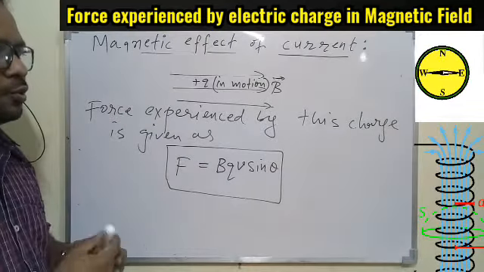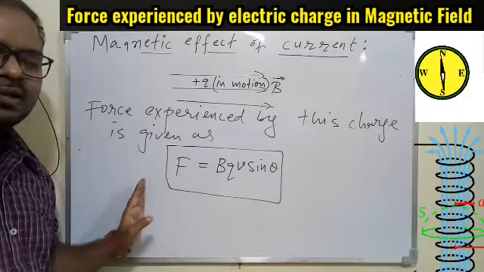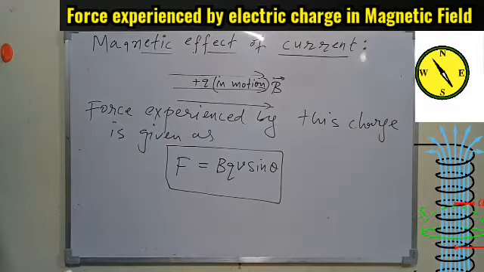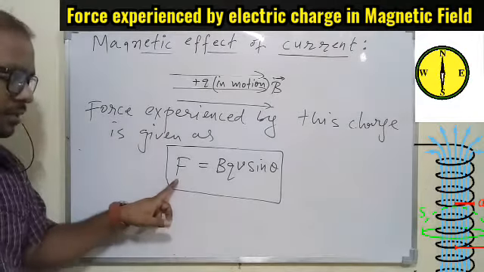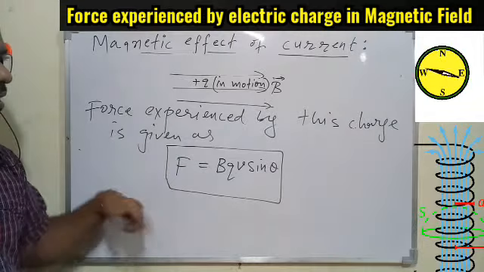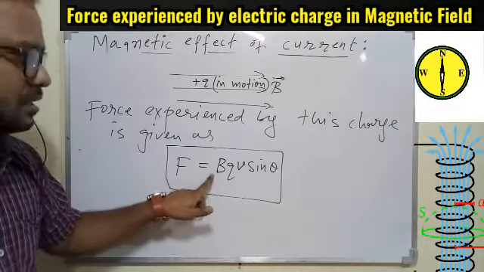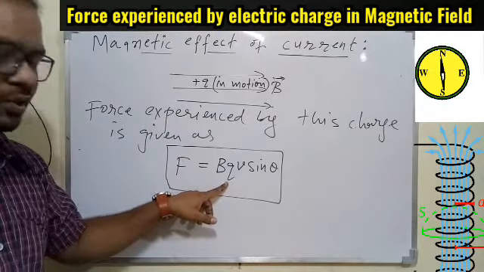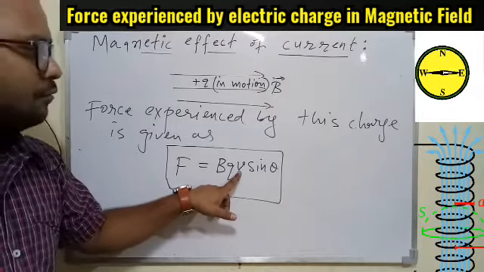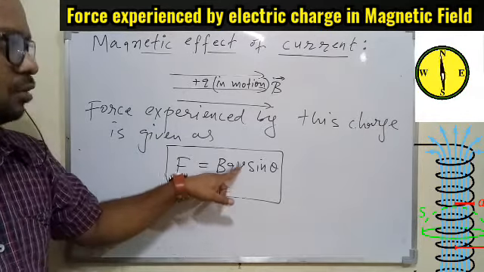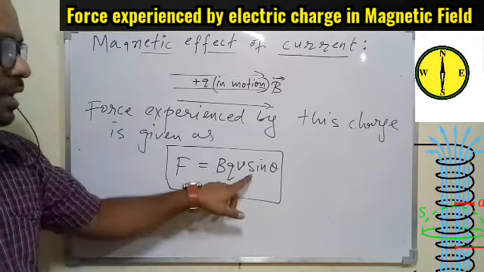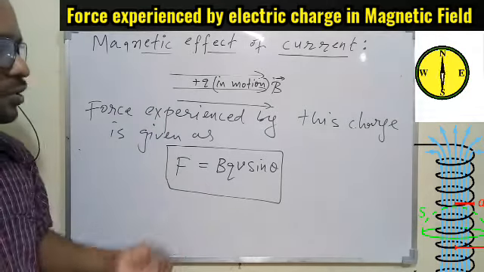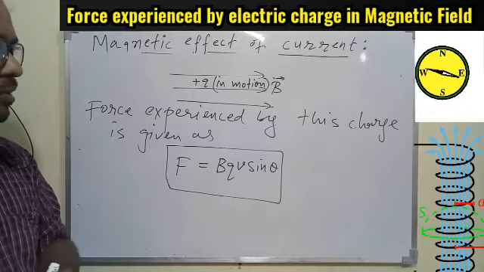This formula will help you to answer all the questions. In NCERT the formula is not there, but indirectly sometimes the question comes which is based on this formula. So overall, F is the force on the charge when it is placed in the magnetic field. B is the strength of the magnetic field. Q is the charge, that is how much is the charge, 1 coulomb, 2 coulomb, 0.5 coulomb, whatever. V is the velocity or the speed. If the charge is in motion, it will have some velocity. And sine theta is a trigonometric function, and based on this formula we can find out how much will be the force.